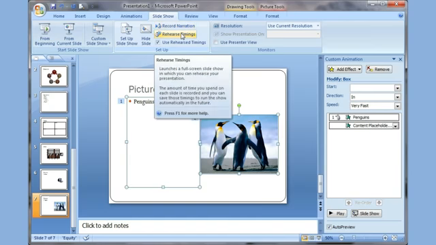I'm going to show you how you can do rehearse timing, which is if you wanted to set your PowerPoint to play automatically, change the slide. If you've ever seen an email with a PowerPoint, you'll find that you get the email and the slides are automatically changing. That's because someone's set the rehearse timing on it. So I click rehearse timing,